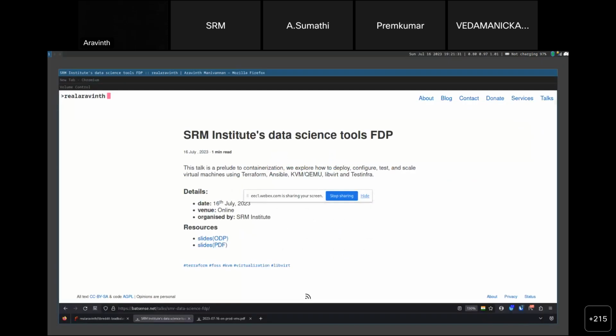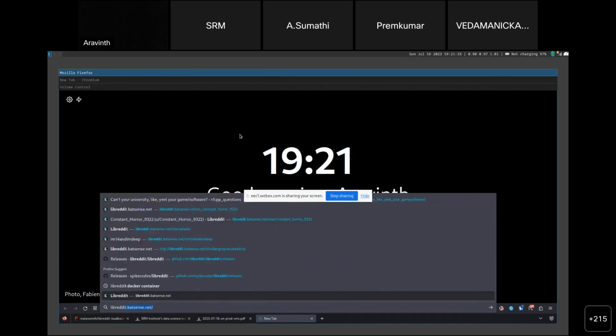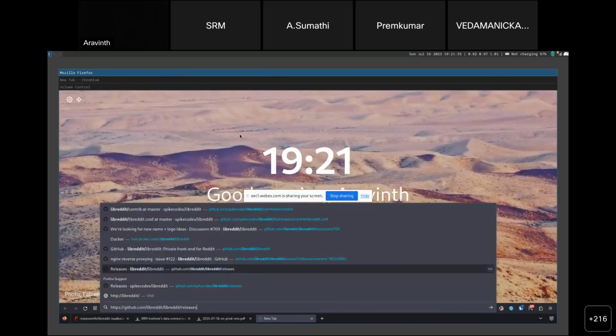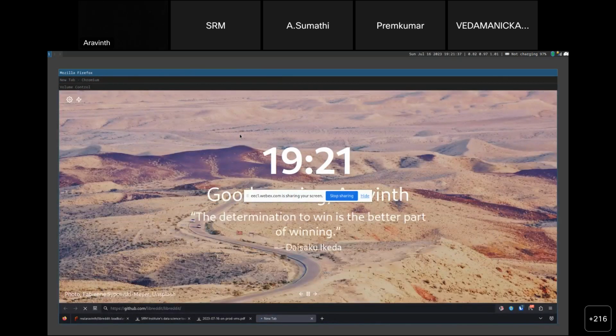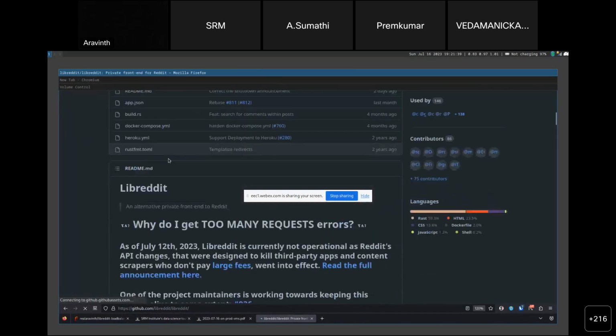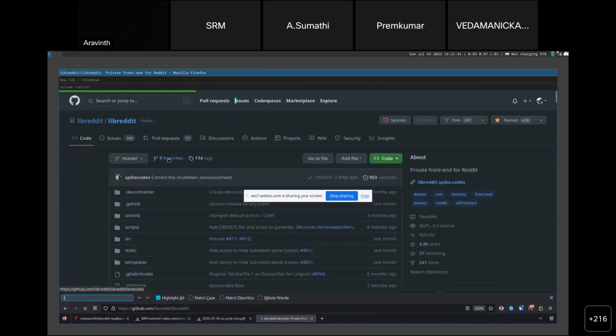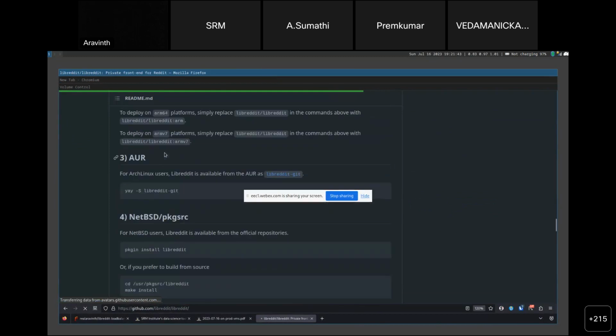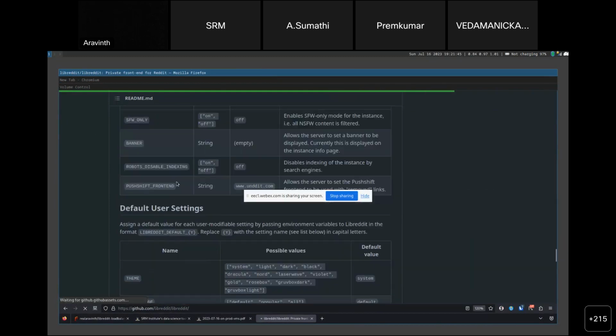If you go to the program's GitHub repository, you'll find installation instructions. We are automating this whole